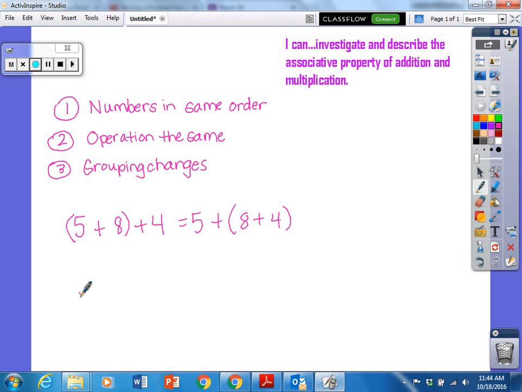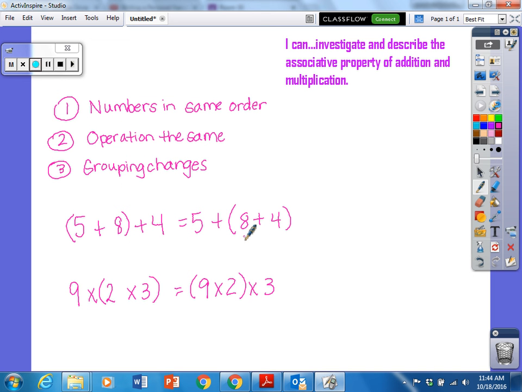And the same thing goes for multiplication. 9 times 2 times 3 equals 9 times 2 times 3. Again, numbers 9, 2, 3, 9, 2, 3. Operation times, times, times, times. Grouping 2 times 3 here, 9 times 2 here. If we work out both of these problems, we will see that they are both equal. This side is equal to this side, and this side is equal to this side if you follow these 3